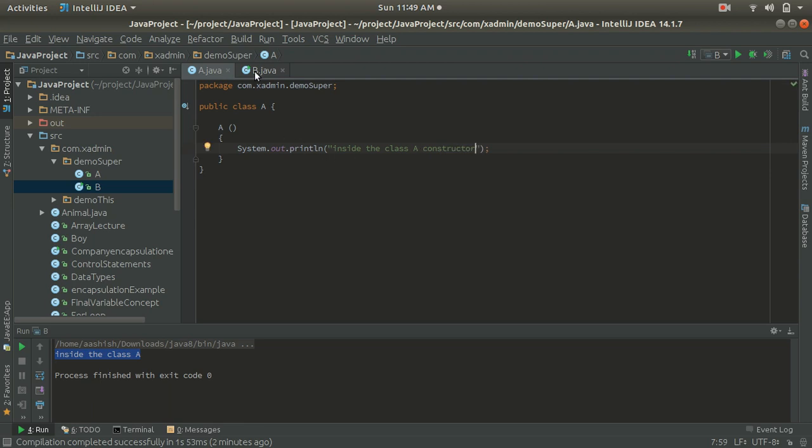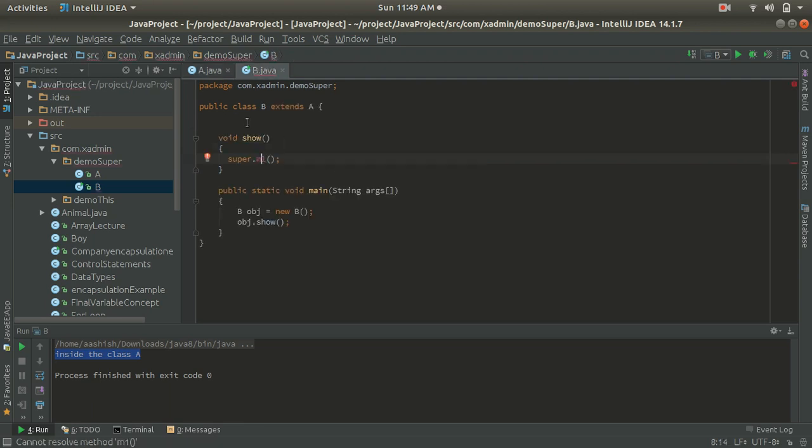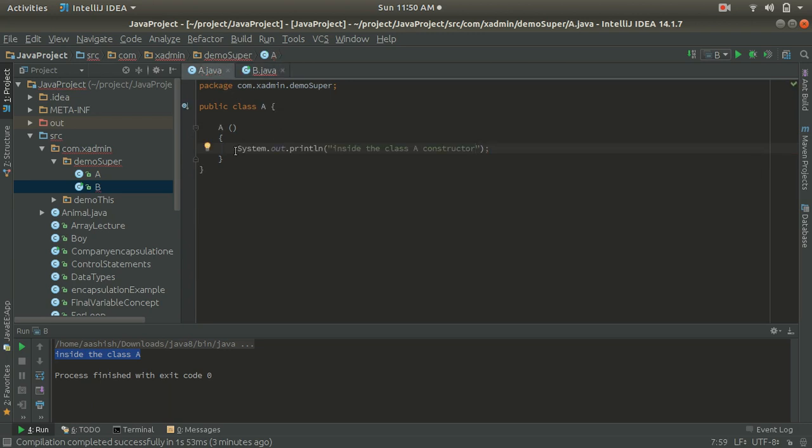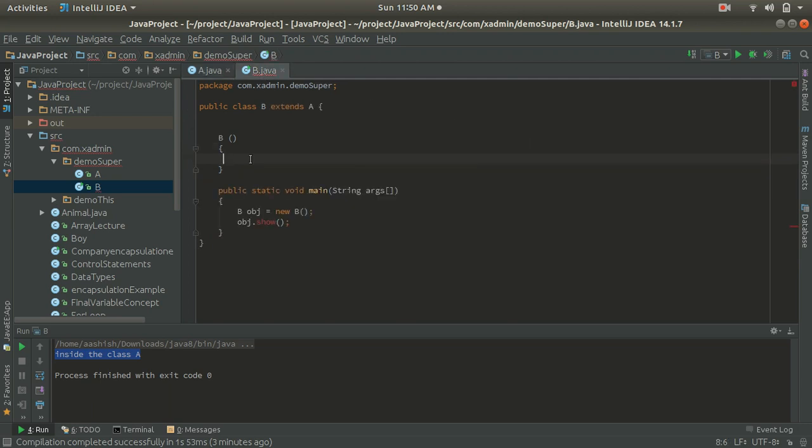Now let's go to class B, and in the same way let's create a constructor here. I have created a constructor, and let's put some SOP. So let's copy this SOP from class A to the class B constructor.